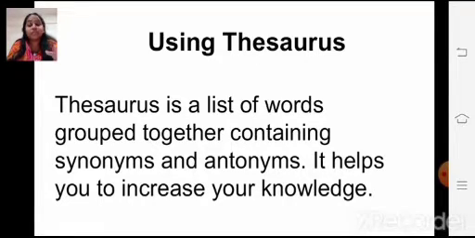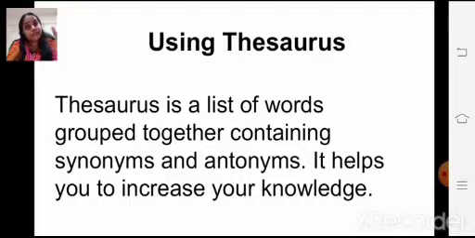You will get same-meaning words and opposite-meaning words in the thesaurus. It will help you to increase your knowledge, and you can use different words in your document using this thesaurus option.